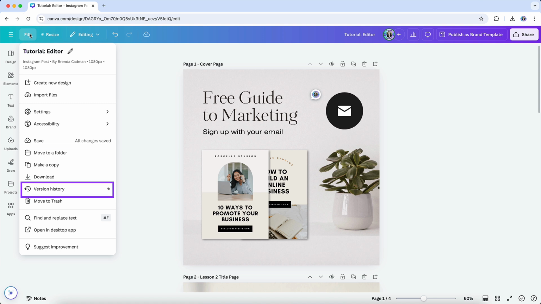Version history is a feature that is available on Canva Pro accounts. With version history, you can view and restore older versions of your design, so that can definitely come in handy if you've made a variety of changes in a design and you want to go back to a previous version of it. You can move the design directly to the trash if you decide you no longer need it, and